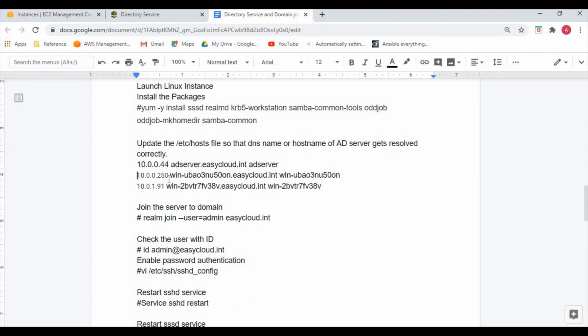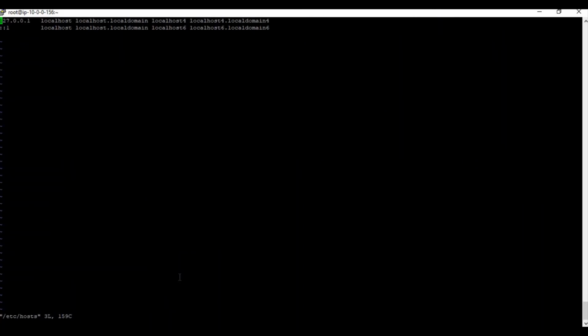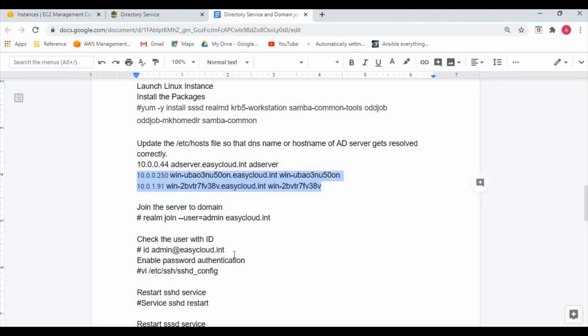The reason why we are updating this hosts file is to resolve the AD server locally in the Linux server here. That's the reason we are doing it. It is there in /etc/hosts. Yeah, we need to add the server here. Okay, done.